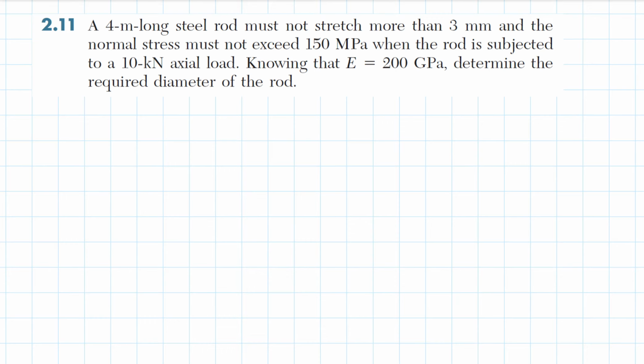In this problem, we have a 4-meter long steel rod that must not stretch more than 3 millimeter. This is the deformation. And the normal stress must not exceed 150 megapascal, or 150 times 10 to the power 6 Pascal, when the rod is subjected to a 10 kilonewton axial load. Knowing that E, modulus of elasticity, equal to 200 gigapascal, or 200 times 10 to the power 9 Pascal, determine